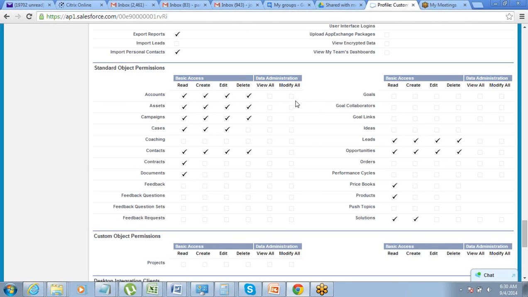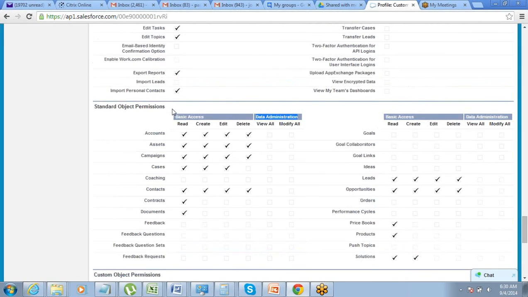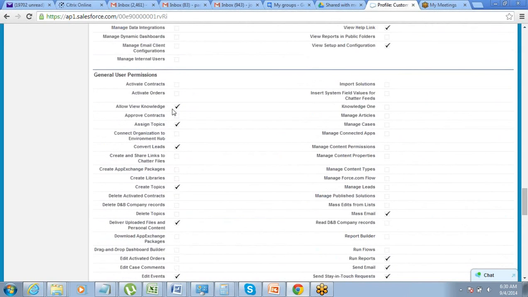If I have the modify all access, no matter who is the owner, no matter what the OWD is, private, public, doesn't matter, I will have access to everything. So this is the supreme permission, data admin permission. So this is admin level access. Got this? So we have view all and modify all permission, which we can use for objects. There is one more permission which you have here,